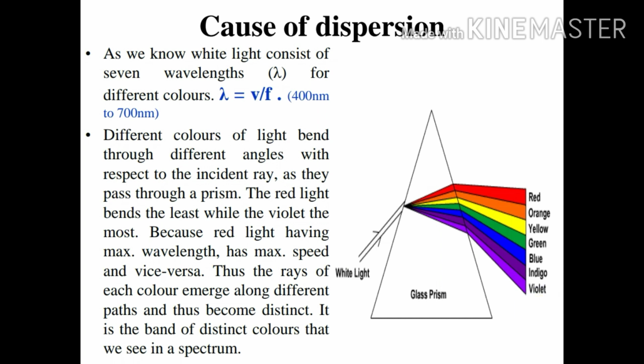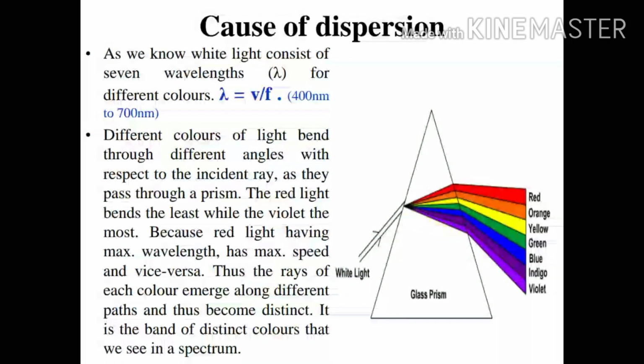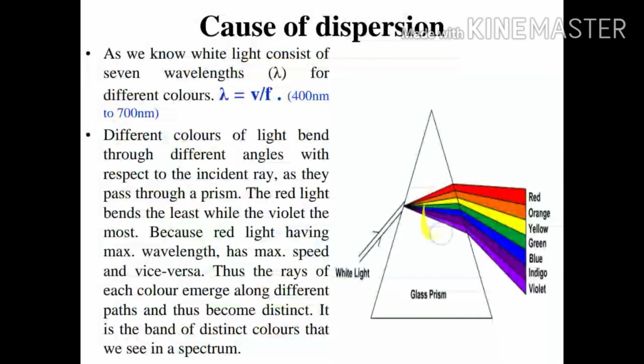And finally, as the wavelength of violet color is least, the speed of violet color will be least. So in air, these all were traveling with the same speed, but when they enter the glass prism, their speed is different. Red color has maximum speed and violet color has least speed, and according to their speed they get separated, and when they come out of this glass prism, they come out separated and we get all the different colors.